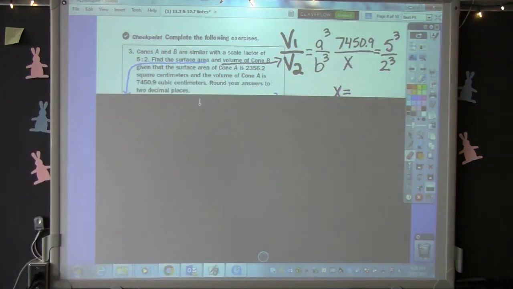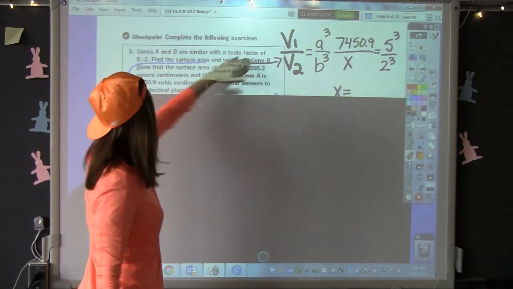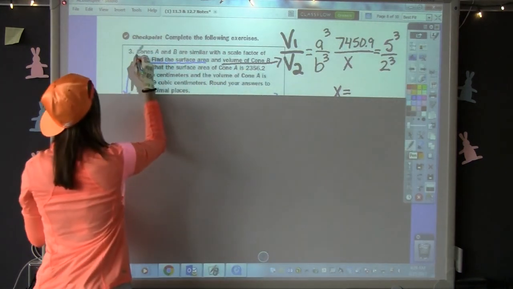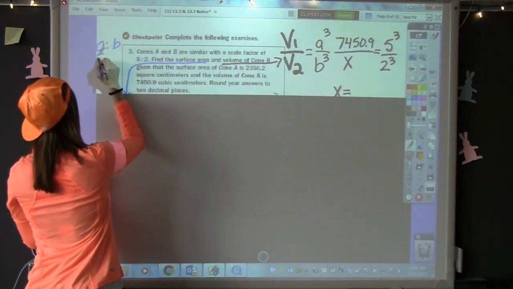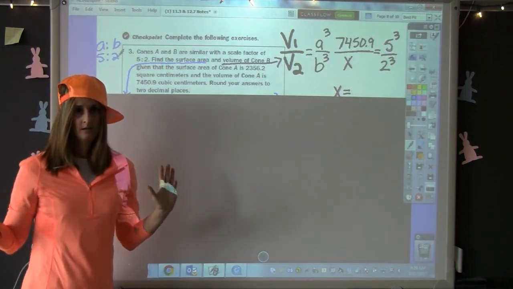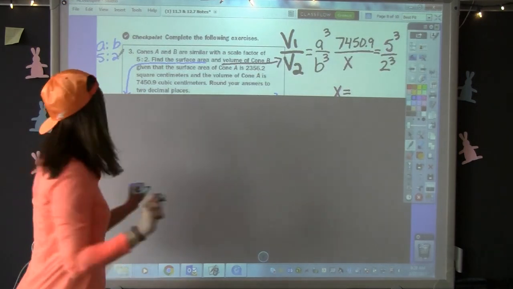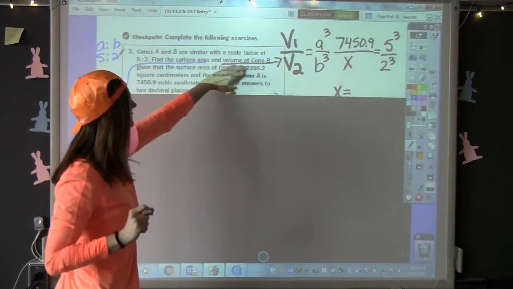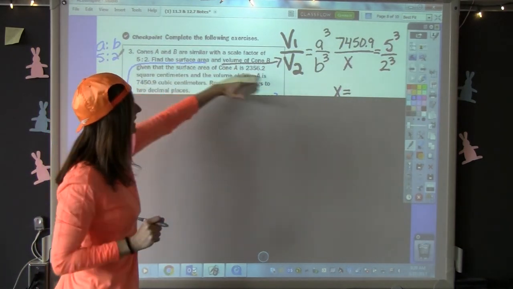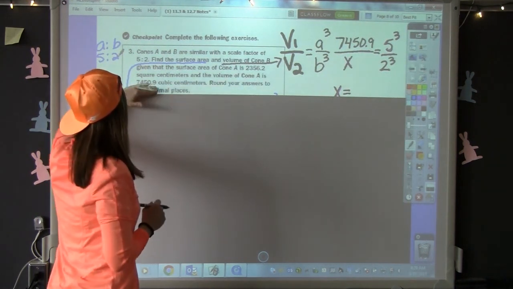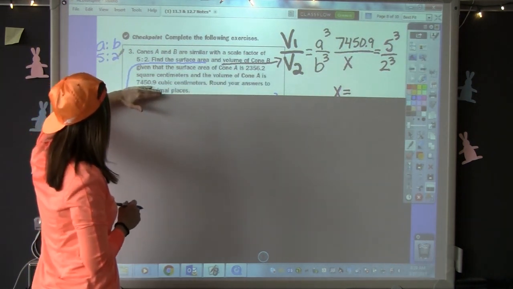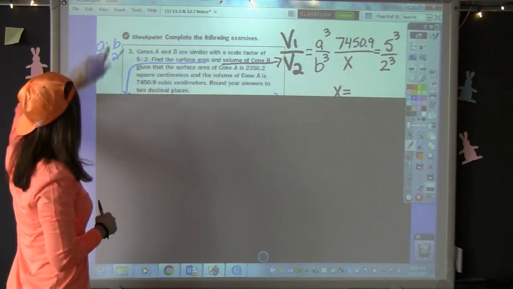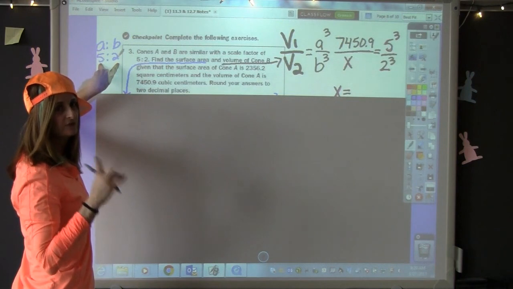So cones A and B are similar with the scale factor of 5 to 2. That is A to B. We only read the first sentence. Find the surface area and the volume of cone B, given that the surface area of cone A is this, and the volume is 7,450.9 cubic centimeters. We're going to do that separately. So if A to B is 5 to 2, the ratio of the volumes is